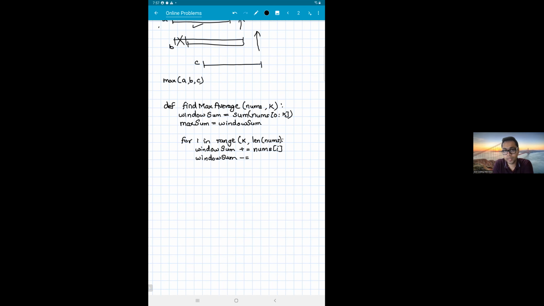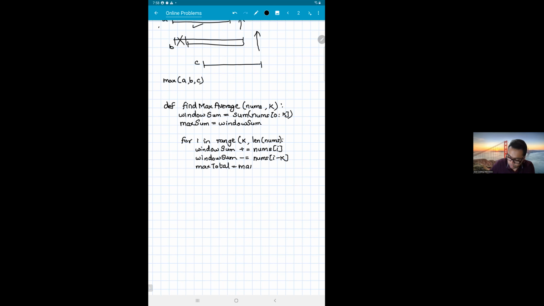Suppose right now the value of k is 4, and that means i will be equal to 4. Since we want to remove the value at index 0, that will be i minus k. So we are going to remove nums of i minus k,